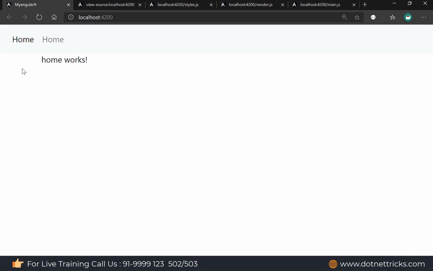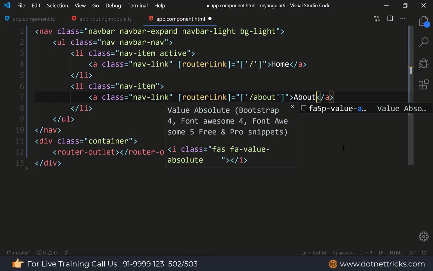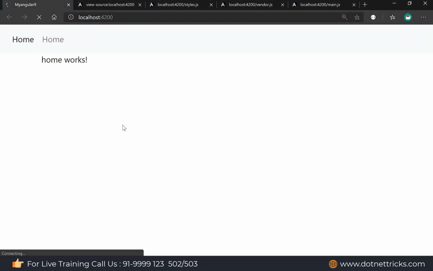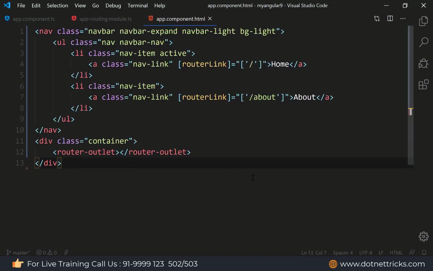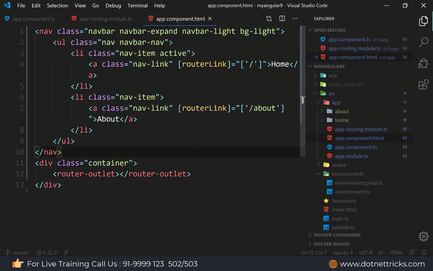If you check now, you can see I'm getting home. In both cases I'm getting home, but it is actually about. So you can see home, it is about. So it's simply working fine. If you look here, the style of building the application is exactly the same. It doesn't matter whether you are using Angular 9, or Angular 4, 5 and 6. Fundamentally things are the same, as long as you are not using the specific features of that release.